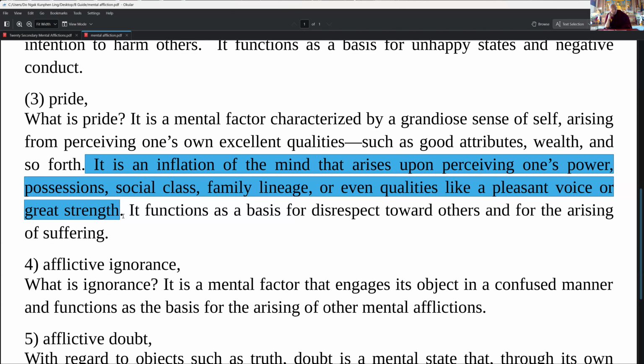Okay, it is like one's pride. It is simply a kind of feeling of something, how can I say... let me find the word. The word for filling up. Inflation? Yeah. So inflation of the mind. Inflation of the mind,